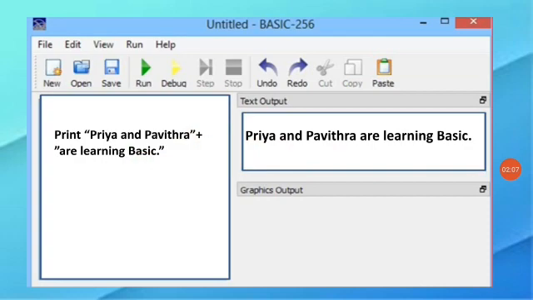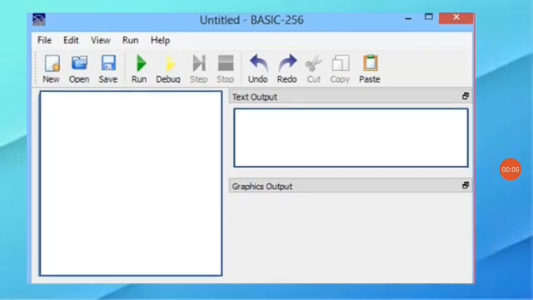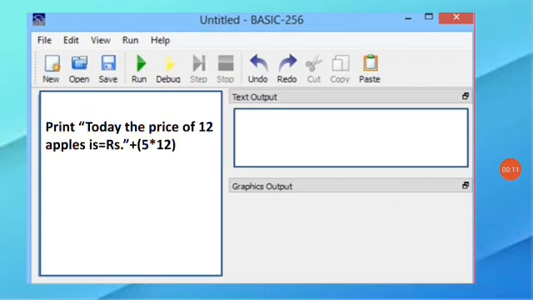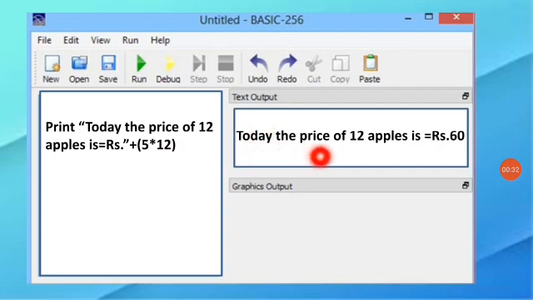Okay children, let's do another program. Print "Today the price of 12 apples is rupees", and we are using the plus operator, and within the brackets 5 into 12. To see the output, we have to run the program. Click run to get the output. See the output here: Today the price of 12 apples is rupees 60.